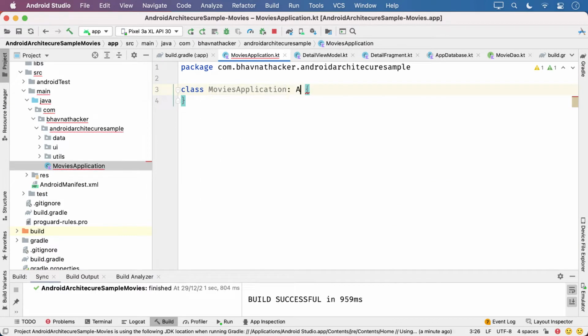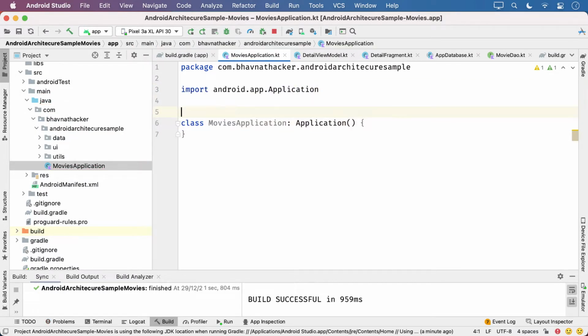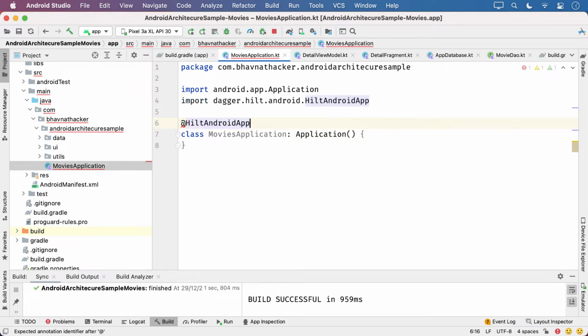This class will extend the Application class, and here you tell Hilt that your app is going to use dependency injection by Hilt. You do it by saying @HiltAndroidApp, just one annotation. See, with Hilt, the number of lines of code that you write is very less. Sometimes it's only annotations. So you have created a MoviesApplication class and annotated it with Hilt, so Hilt knows this application is going to use Hilt.